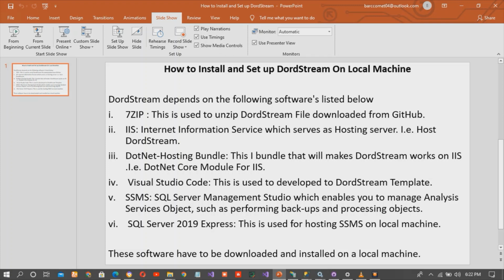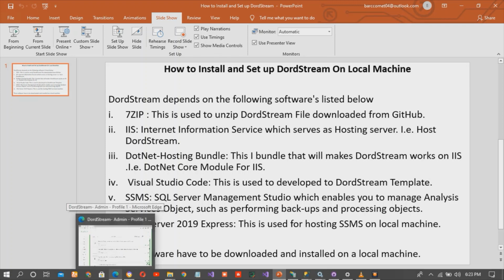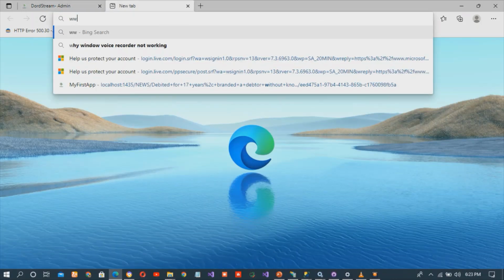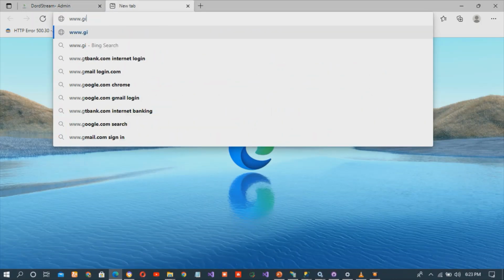Now these are the software that we need to install. Here I will list the software and explain the function of each software and the role they play in DordStream. Now before I